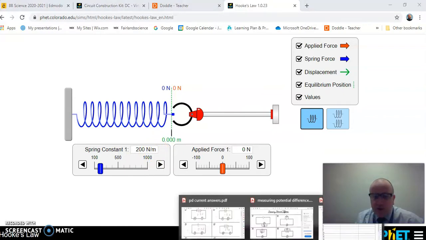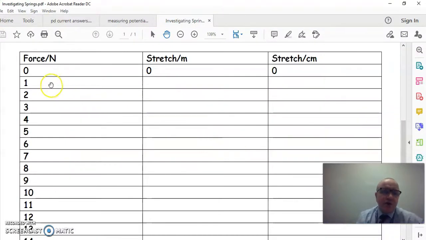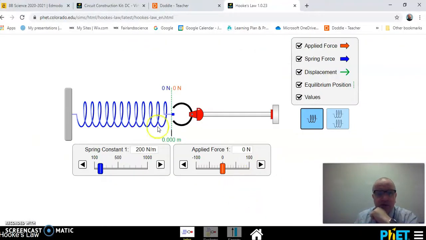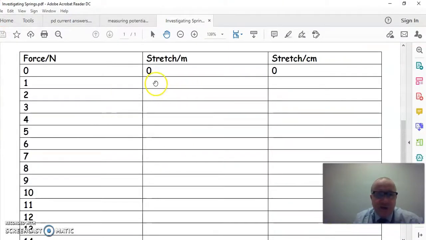Now, if we go back to our write-up sheet, you'll notice that the first test that I would like you to do is you are going to apply 1 Newton to your spring. So let's go back to our experiment. Here we are. I'm going to apply 1 Newton to the spring. And you'll notice here that there's been a little bit of a change. It says here 0.005 meters. So I go back to my results table, and I fill in here that the stretch was